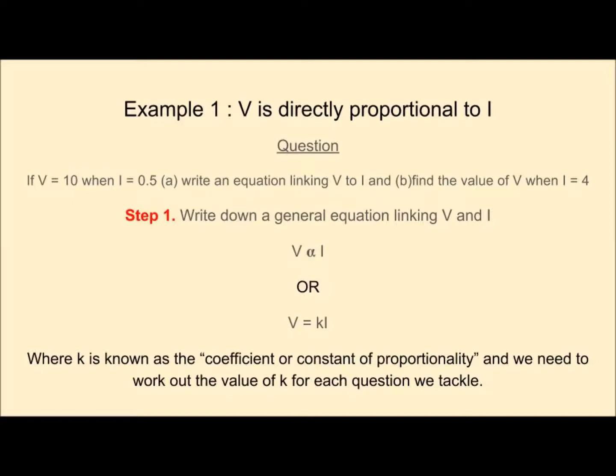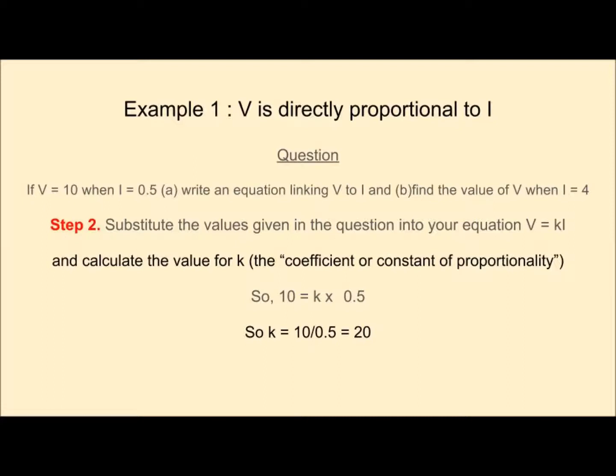So let's move on to step 2. We're going to substitute the values given in the question into our equation V is equal to K times I, and that will help us to calculate the value for K, this coefficient or constant of proportionality. So replacing V with 10 and I with 0.5 gives us 10 is equal to K times 0.5. If we then divide both sides of this equation by 0.5,